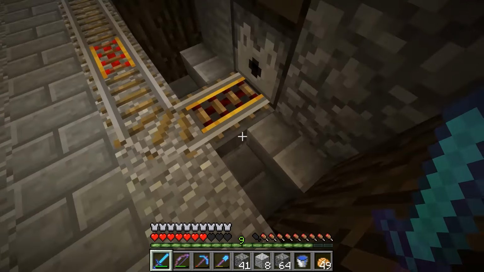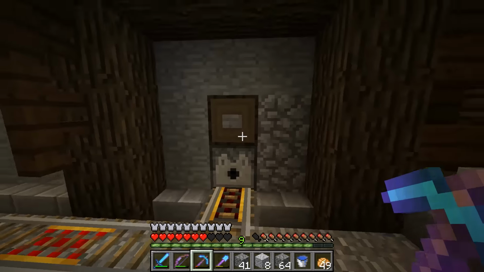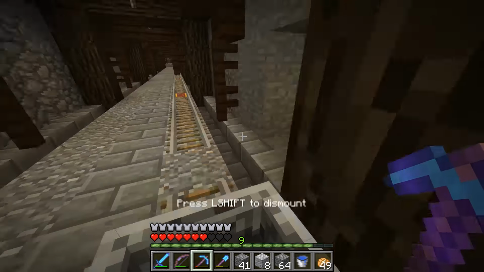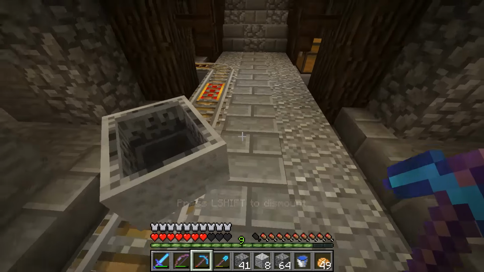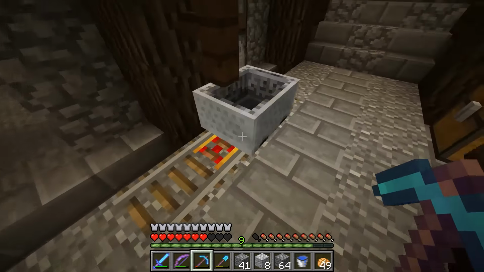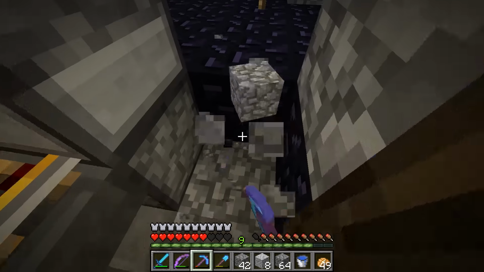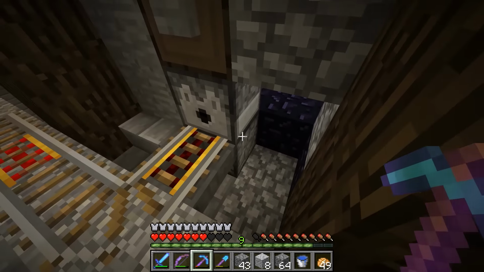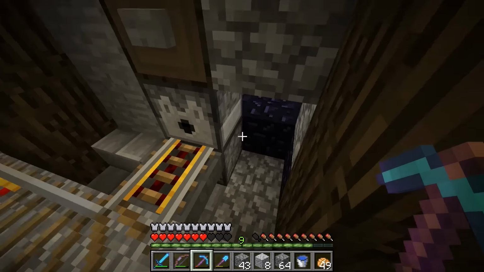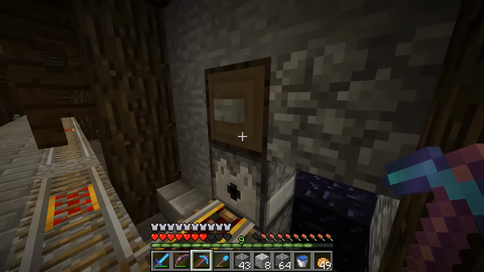And I hooked up the hopper here. Let's just break a block there. So now I can click the button and get in. And then we can head back when we're all done mining. It'll stop here. I can break it. And it's pretty simple. I've never done something like this, but it's super easy because